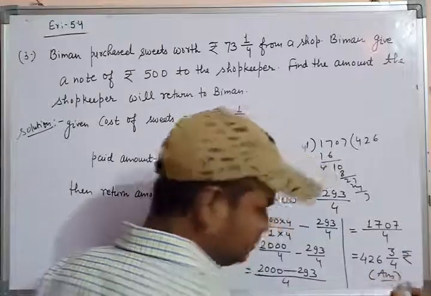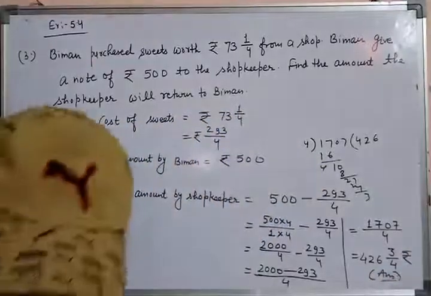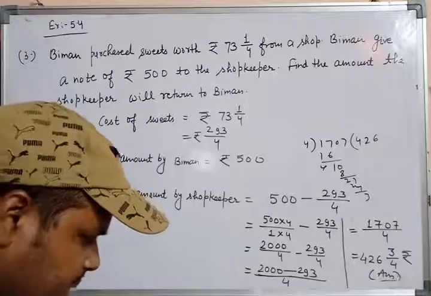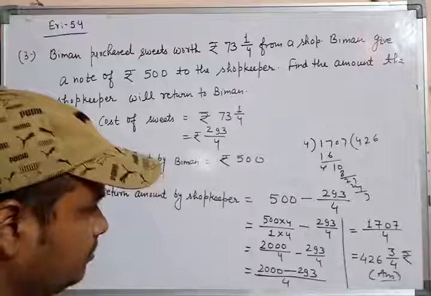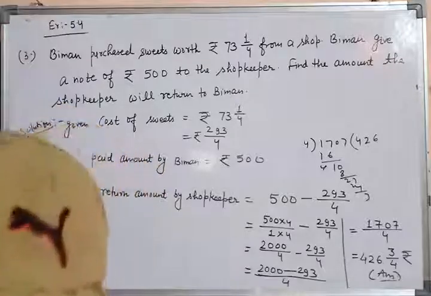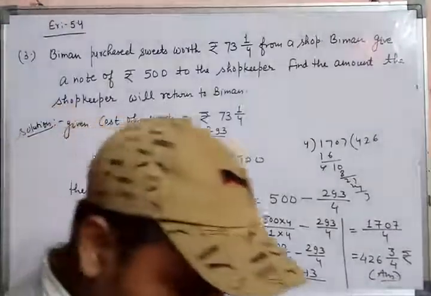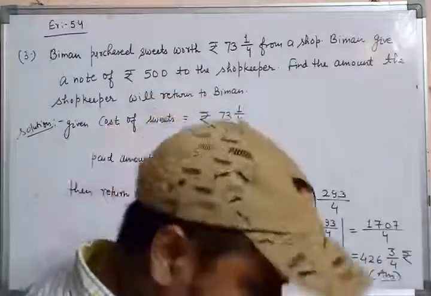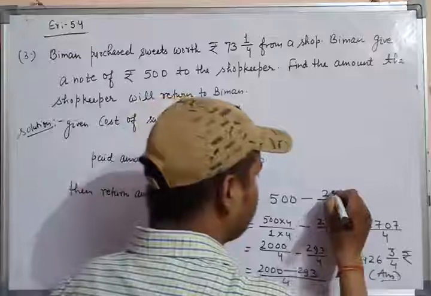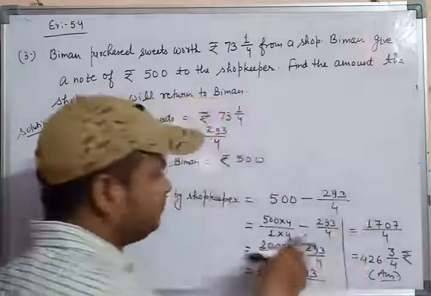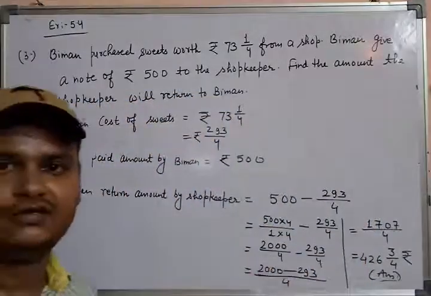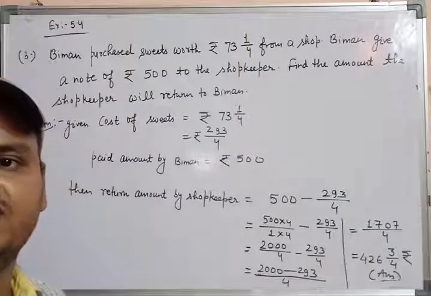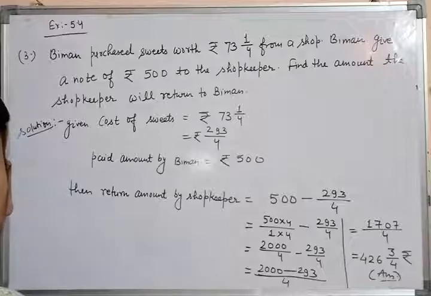Let me check whether the answer is correct or not. Exercise 5.4, and the question number is 4. Yes, it is correct. Okay. So student, these are the steps you have to follow for solving this type of question. First of all, you have to write the steps, then after that you have to calculate the fraction. Okay. So before moving on to the next question, pause the video to note it down in your copy or take a screenshot.